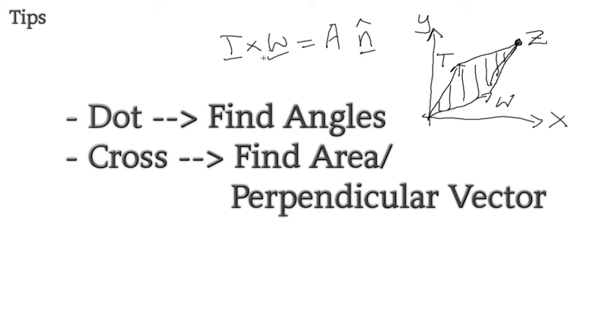Actually, in this case, it would be the negative unit z direction. I'm going to let you experiment with that in a little bit, because the vector cross product actually has a direction associated with it, and T cross W is not W cross T. Anyway, with that said, this area can be found using the cross product,